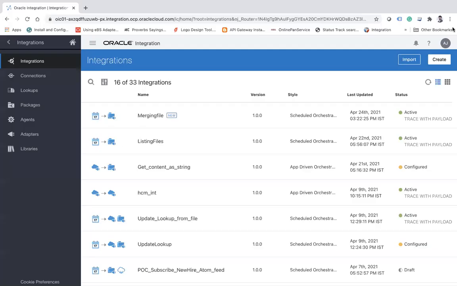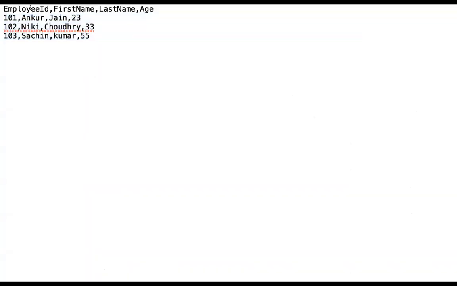Before I show you, let me show you the two files which I have. One is the employee file, employee.csv, wherein I have three records, 101, 102, 103.